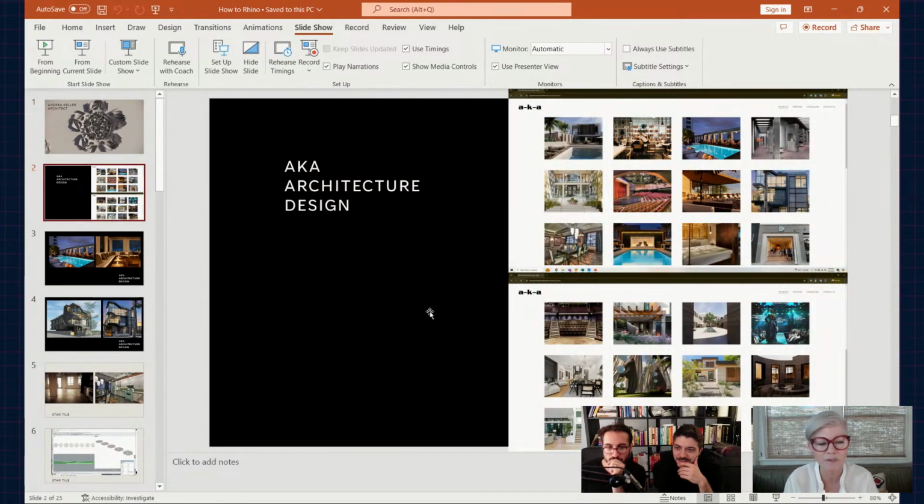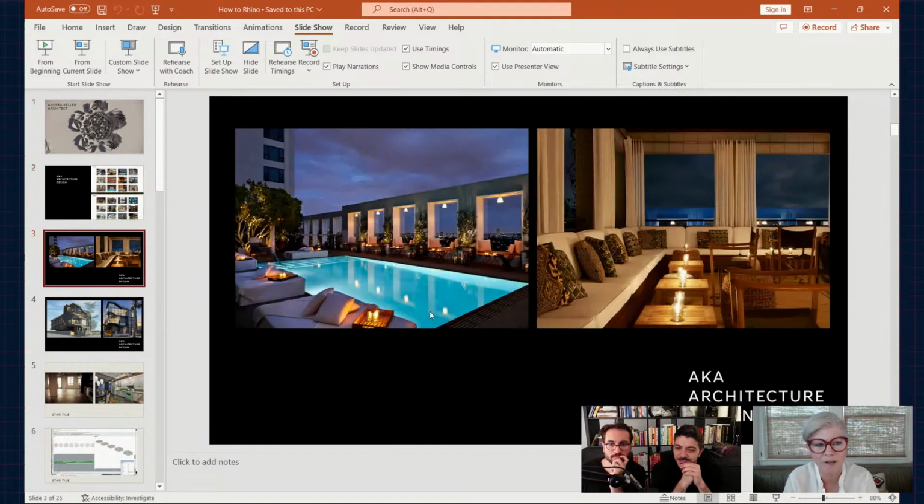This was a firm in LA. We did a lot of normal projects, lots of hotels. We've done theaters, probably 200 houses. A lot of normal work. I was learning a lot, but my heart wasn't in it yet, I was still finding my way. But this is the Mondrian Hotel in West Hollywood.